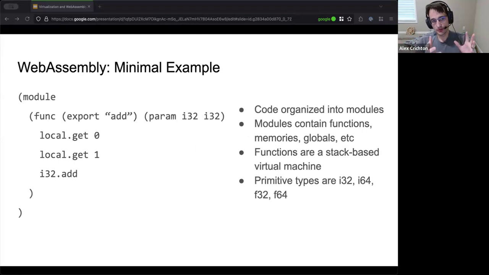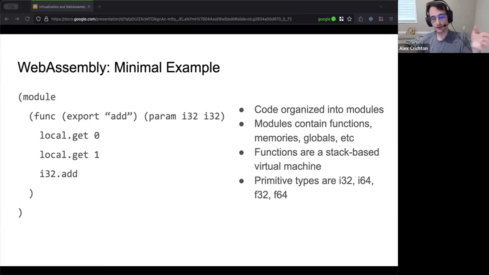So this is a minimal example of a WebAssembly module. And if you're not familiar with Lisp or S-expressions, that's the term for parentheses all over the place. So that's the textual format for WebAssembly, not the binary format, but this is just so we as humans can take a look at it, sort of like assembly for native platforms, but a little bit different because this describes the entire module. So we can see here that WebAssembly code is organized into particular modules. They themselves can have functions, which we see here. They can also have memories and globals, which we can see more later.